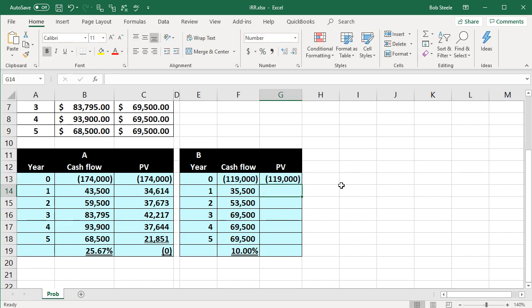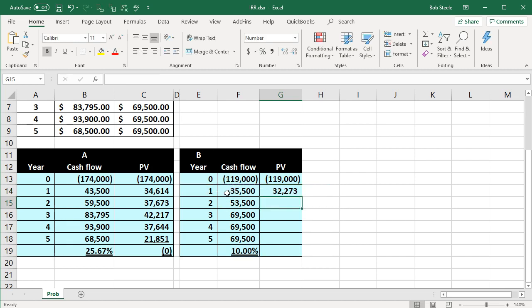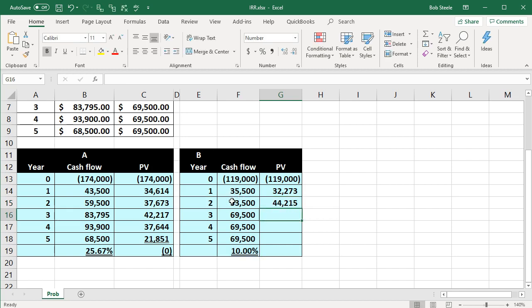So here's going to be the 119 negative present value, double click the present value, rate 10%, comma, number of periods is going to be 1, comma, payment is going to be 0, comma, and future value is the 35.5. Negative present value, double click, rate 10%, comma, number of periods 2, comma, payment 0, comma, future value, this 53,500,